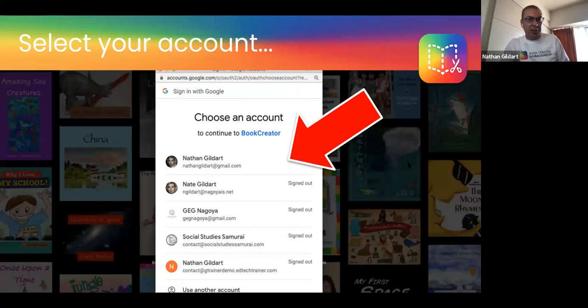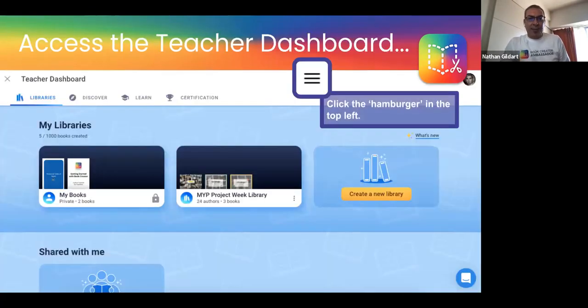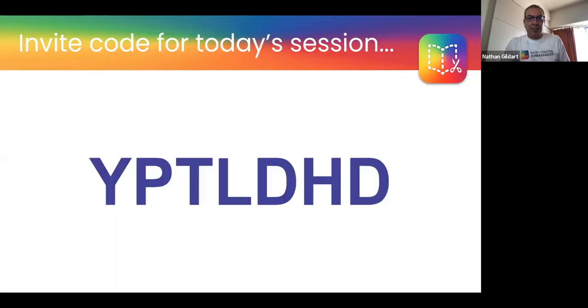I hope I'm not going too fast. If I am, please tell me to slow down and review again. And again, then you'll see the dashboard, and you're going to go to the Sessions ELL library. And I'll give you a moment to do that because we want to play a little bit here, right? Book Creator, it's quite playful.